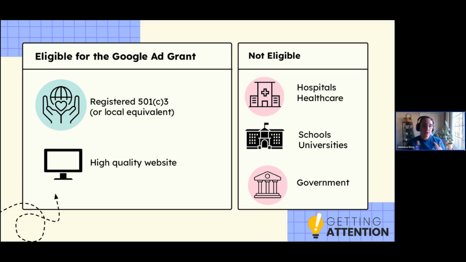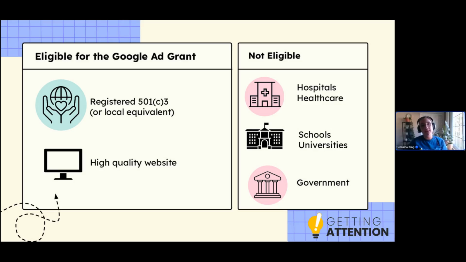So if you are an organization listening to this and you're like, well, we're almost a healthcare organization, but we're almost a nonprofit, we kind of straddle the line. Maybe you help children receive cleft palate surgeries or something like that. I would say it's worth your time to apply for the ad grant. It doesn't take very long. And I have seen organizations that have sometimes surprised me get through the ad grant process. So I really don't think it's designed to be a super exclusionary process.